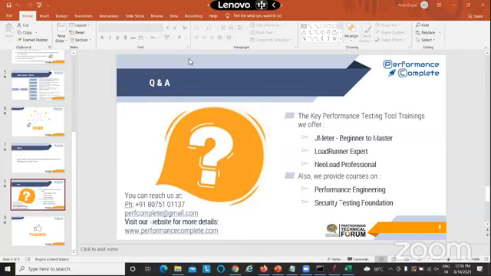It can be treated like Selenium itself. That is where the assertions come in. I haven't shown the assertions today because the time is very limited, so I thought of covering all the basic needs. In JMeter, you can write conditions and you can validate. Absolutely, you can use it for functional testing. So it's your call whether you go with Selenium or with JMeter. And as I just explained, there is a WebDriver element also, which is almost like Selenium. You can write code and go through the websites.